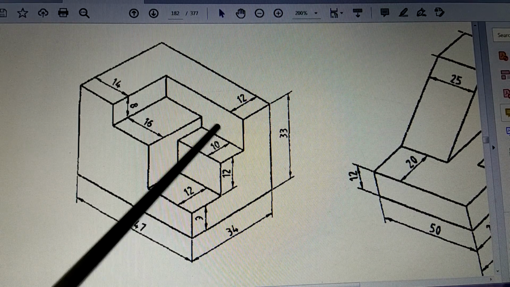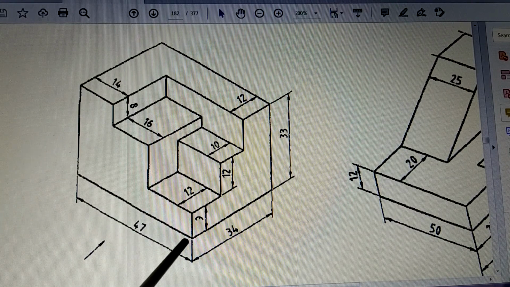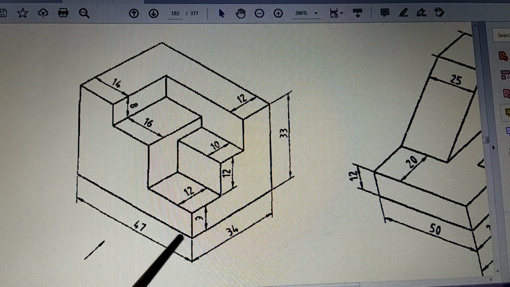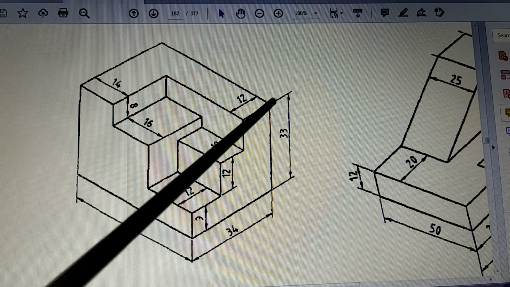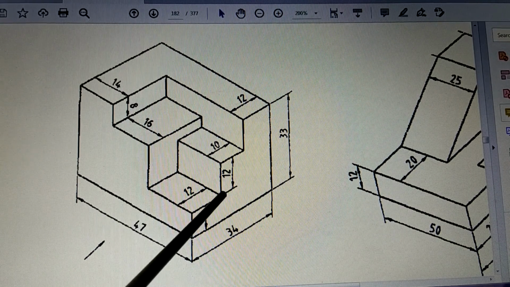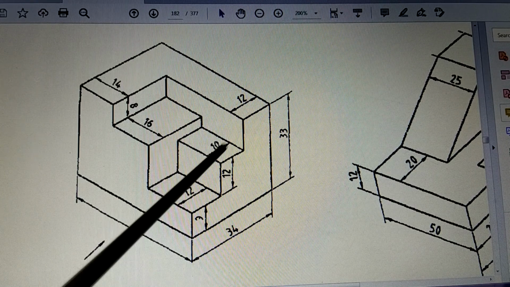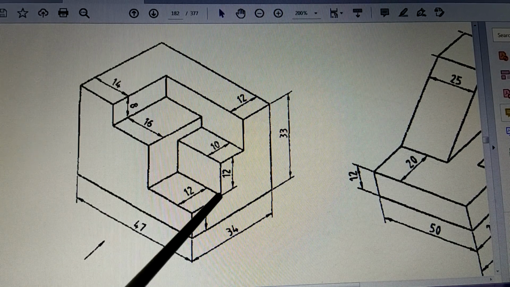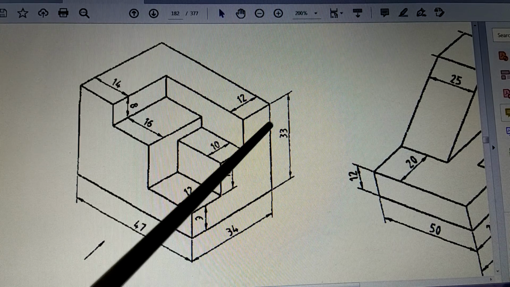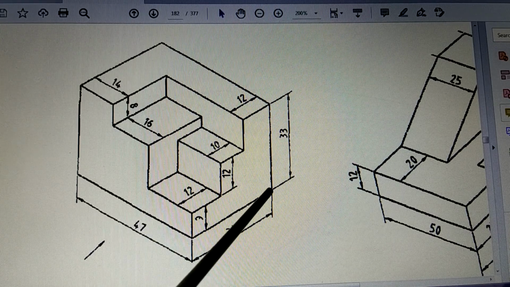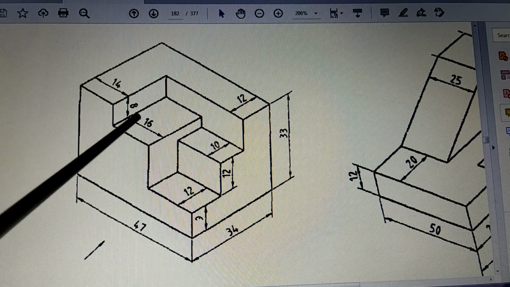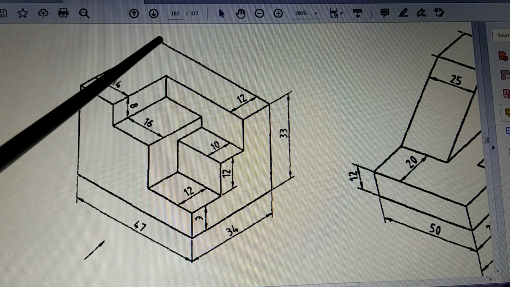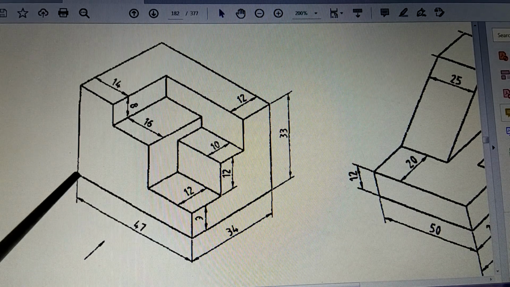As a result, when you draw, your entire object will be of this shape. It will be like a rectangle. The base could be 47 and the height is going to be finally this 33. How is this 33 made up? It is this 9, then 12, and then this remaining part. All these three lines, 1 and 2 and 3, will be exactly coinciding with this line. So that will be the vertical line of the rectangle, and similarly the horizontal line of the rectangle, which will be coinciding with this line, which is the same as this 47.